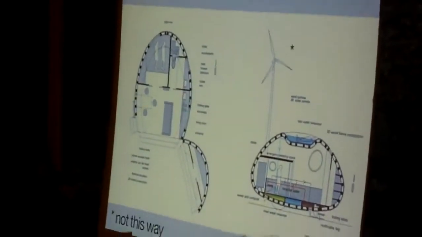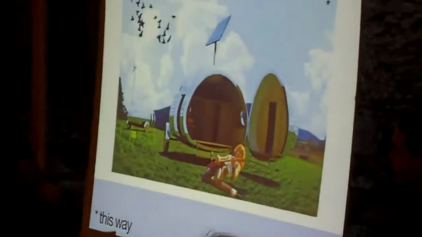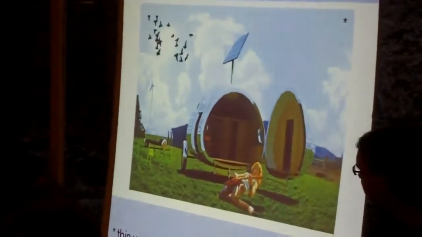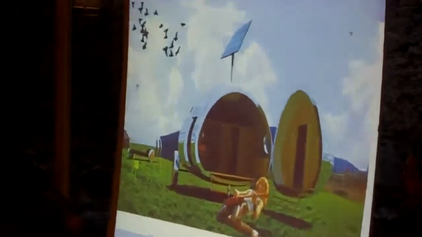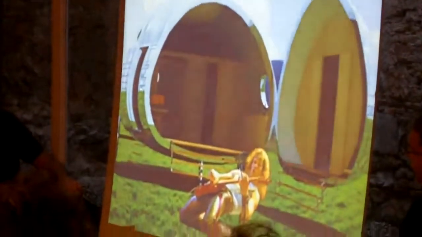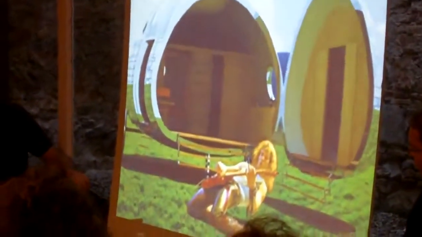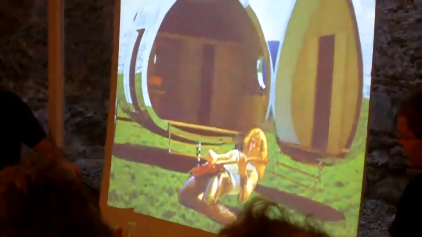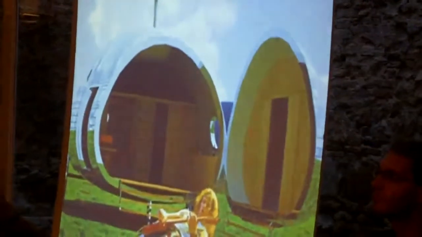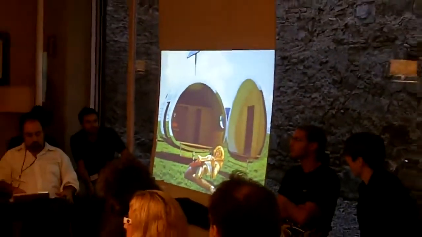So you have to sell the dream. This is not the way to sell it. This is the way to sell your dream. Apparently, their demographic was the kind of guy that liked hair metal and rocked out in silver pants, or gold pants in the middle of a field. Oddly enough, this is a real example from an architectural firm that published these things out, and I guess that's who they thought was environmentally friendly.